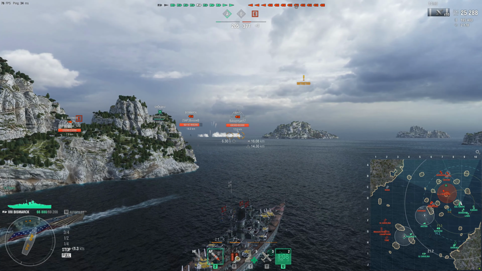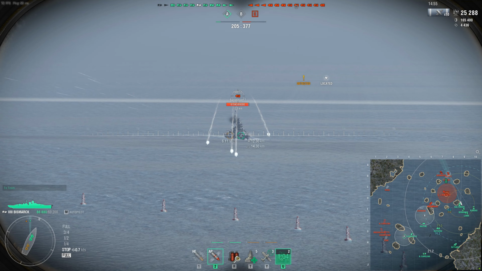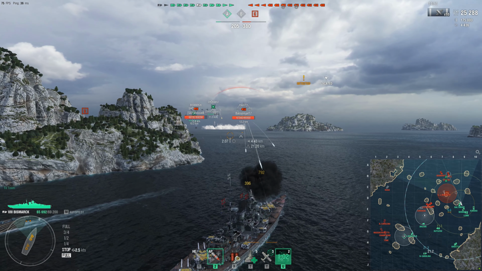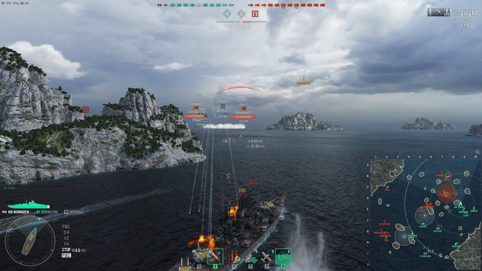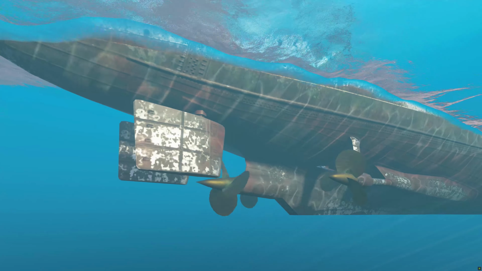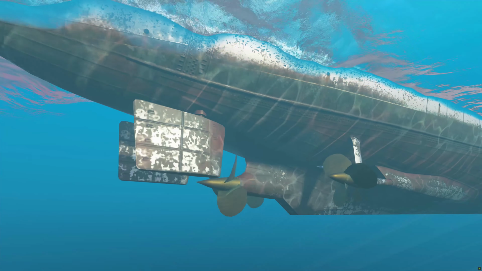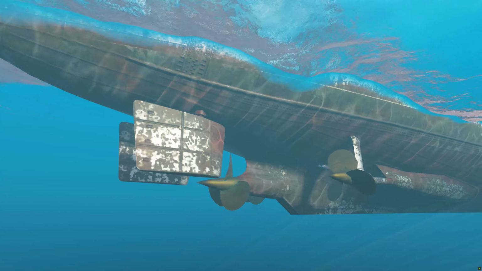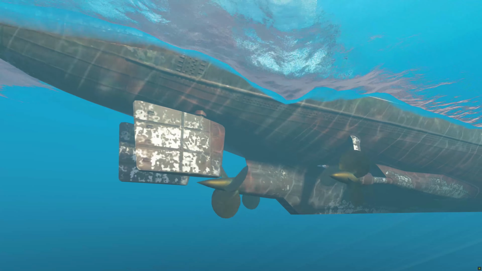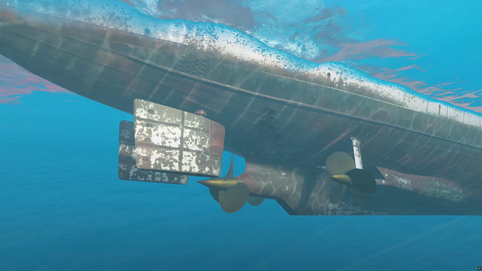But the ultimate thing pointing out that this is not historically accurate, not only from the bridge, which is perfectly fine in the skin, is that if you come underneath the Bismarck and look at the rudder, it is still intact, which it was not. It was jammed at, I think, left rudder 15 degrees, something like that. So while not 100% historical camouflage, a very neat camouflage that, in my mind at least,